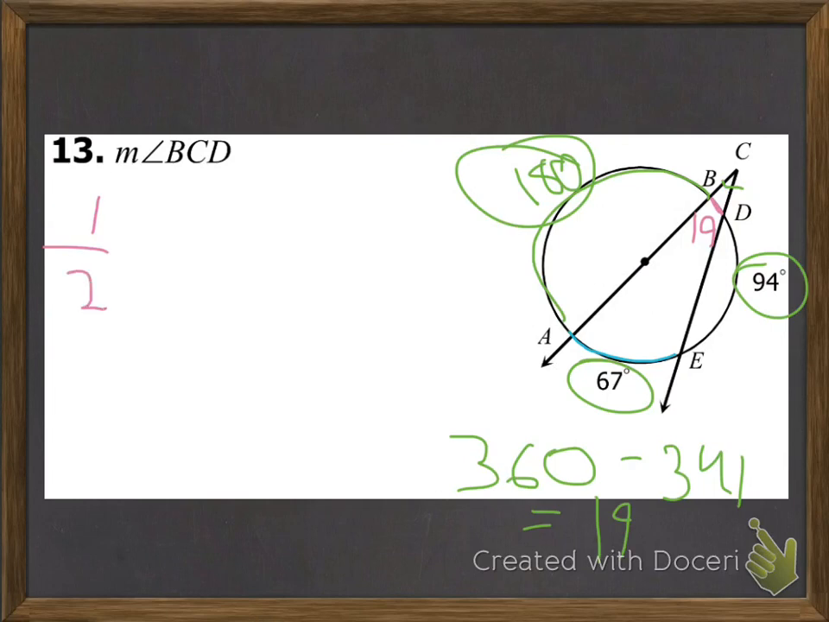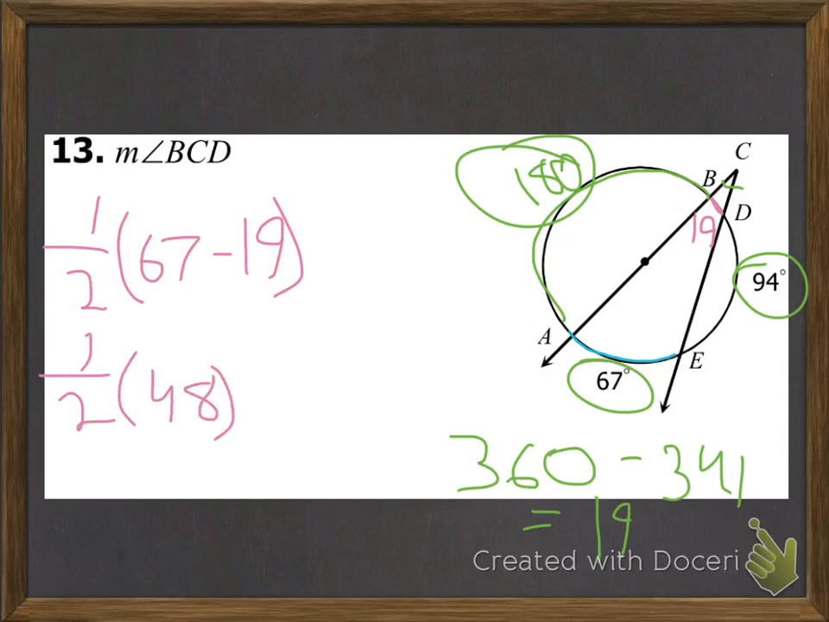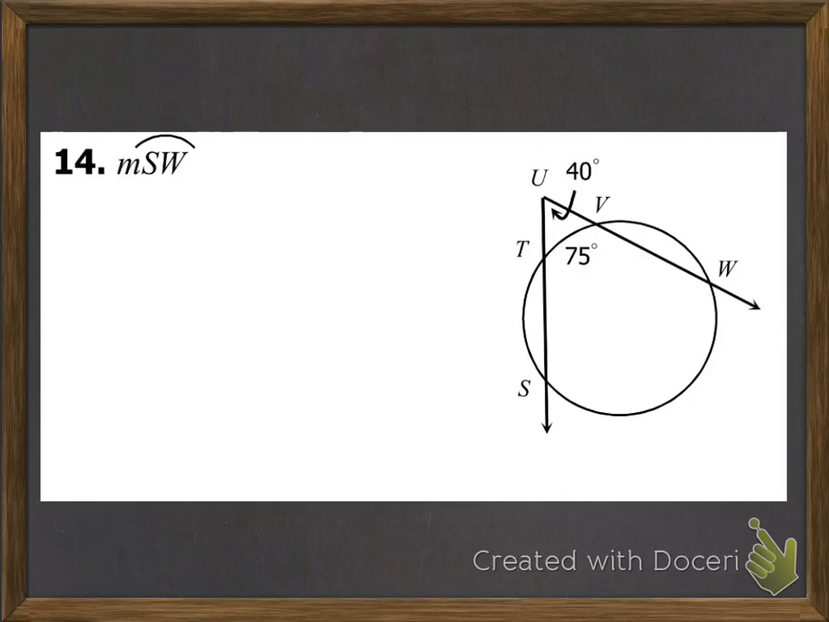So 1/2 times 67 minus 19. Remember, you always want the bigger number first, or the bigger arc first. So we're going to get 1/2 times 48, and that's going to end up being 24 degrees. So now for number 14, I need to find the measure of the arc, and in this case, SW,